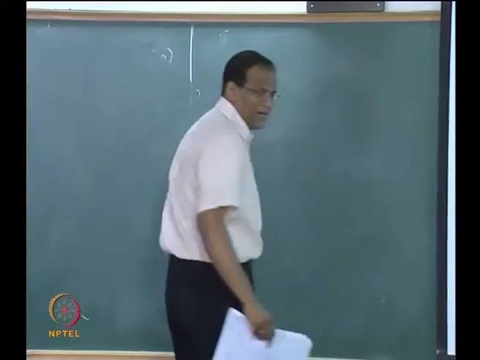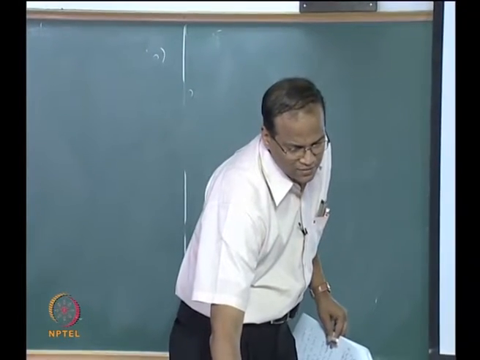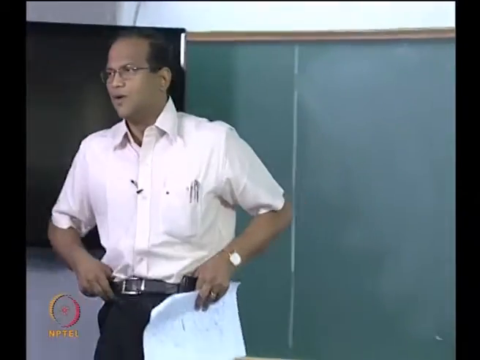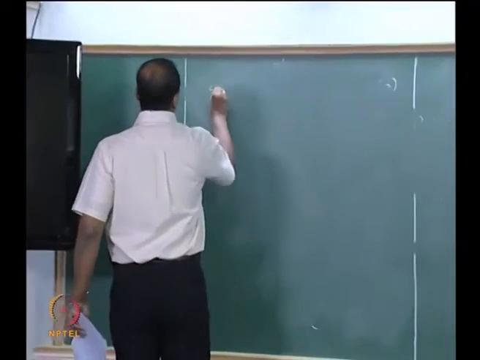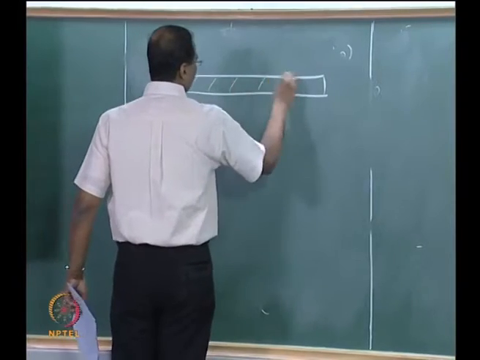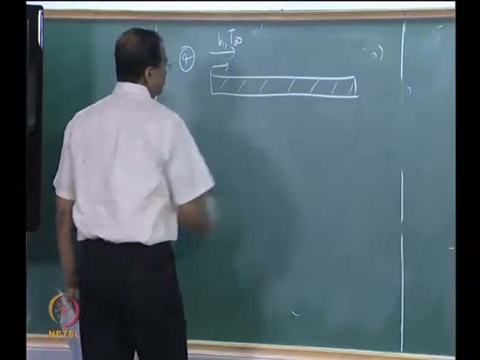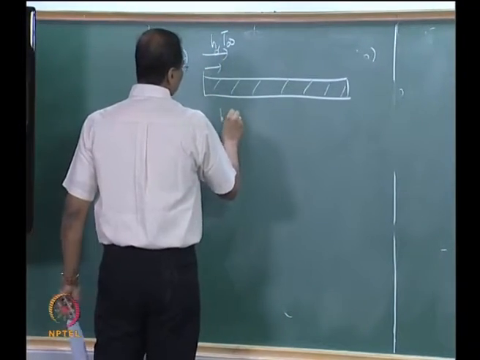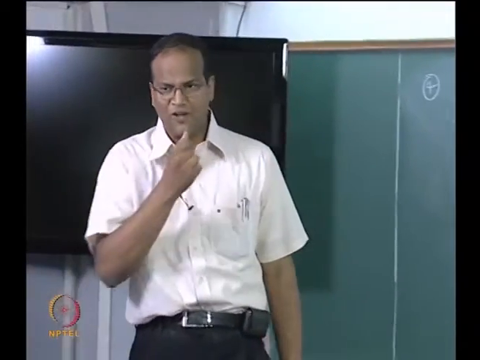So the last question is a practical problem which involved energy balance. What is the radiation hitting a roof? It could be an asbestos roof or a concrete roof or whatever. There is a convection on the inside, and outside there is also a convection, but the outside convection is because of wind, inside it is because of natural convection.